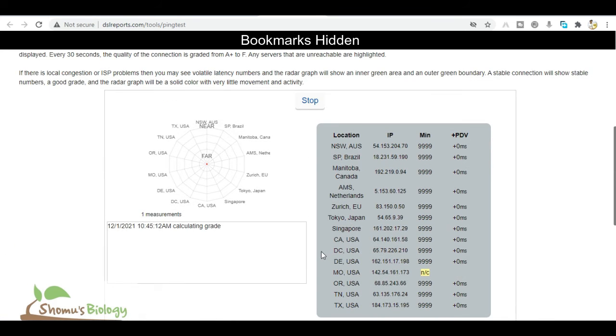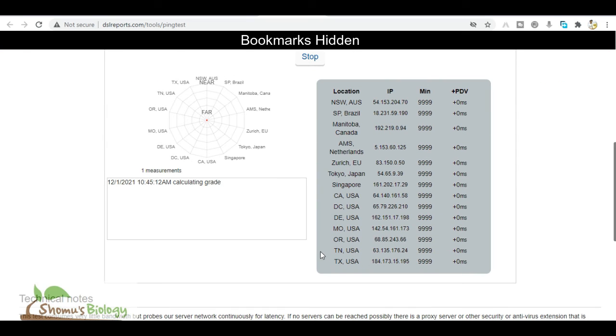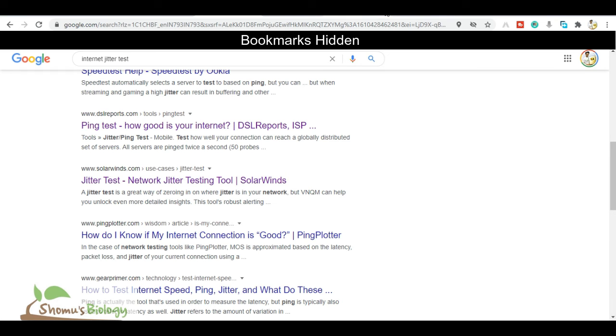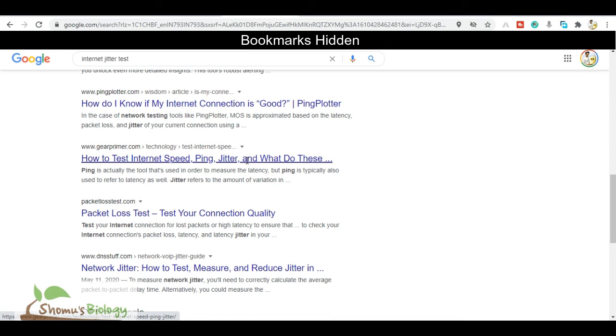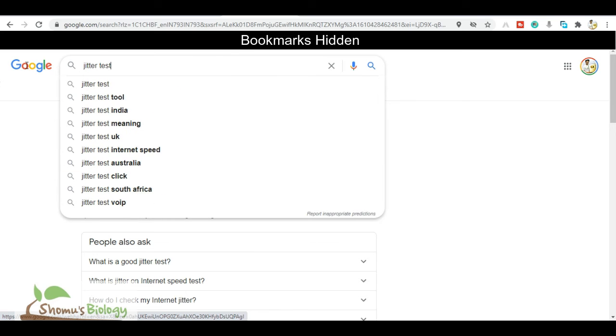So what this jitter test actually tells us is how stable your internet connection is. Okay, that means on the internet we need to send some data and we need to receive some data. Based on how fast your internet is sending and receiving data, they'll give you a grade. So in my case, you can see the grade is A+, the best grade possible. Okay, so in your case, you should always find out the grade of your internet connection. It's going to tell you. So this is a grade, and there will be other websites that can give you numbers as well. The lower the better. Let me write it, jitter test. Jitter and latency. There are two terms, jitter and latency test.